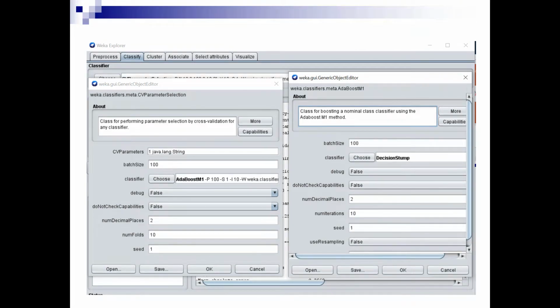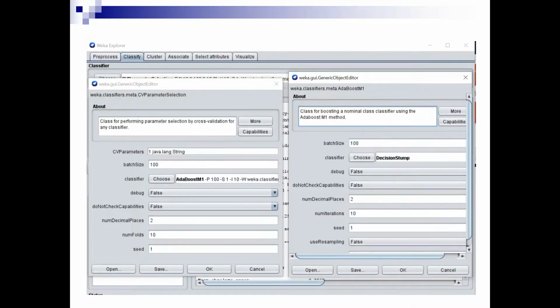So I can also run a similar experiment where I am using boosting instead of bagging. So I would do CV parameter selection, and the classifier I would pick is boosting. I could still tune number of iterations, just like I did for bagging.